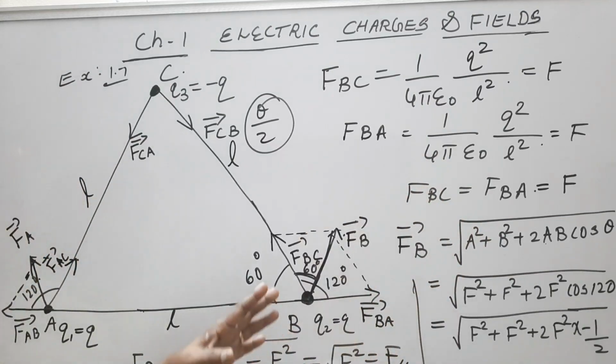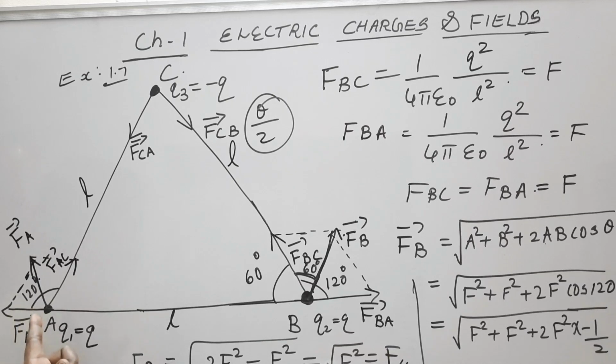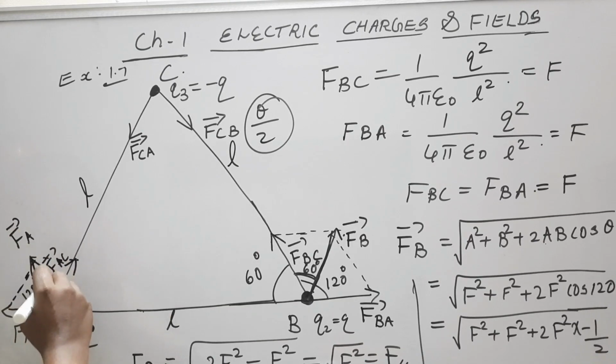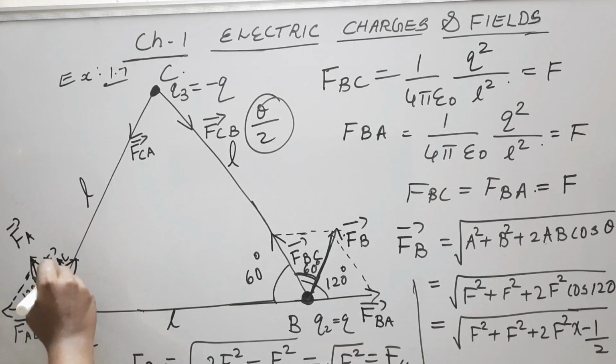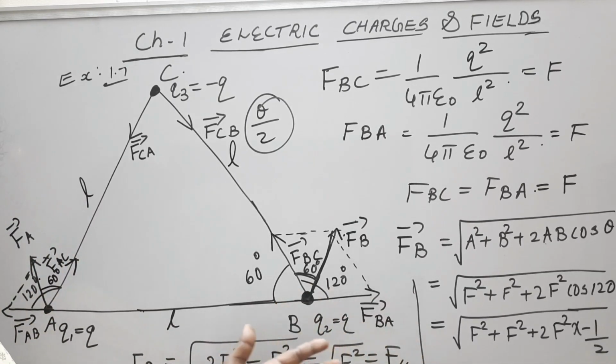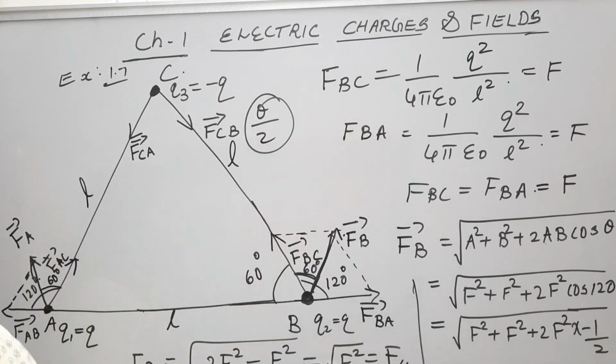So the same answer as we got in the case of charge at B, we will get for the charge at A also. So the net force acting on the charge at A is directed in this direction that you have to show in the diagram, and that FA will be making an angle 60 degree with either FAC or FAB, by the same reason as we stated earlier. And the FA will be equal to what? The magnitude of FA will be 1 by 4 pi epsilon 0 q square by L square.